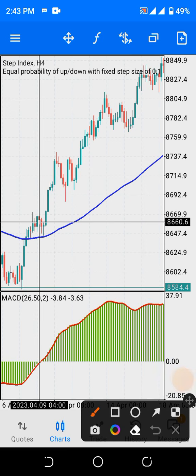Now how do you know that is a clear buy signal? Because at the point at which MACD crosses, the candlestick is above the moving average. As you can see, the candlestick is above the moving average. So this is a confirmed buy signal. Once the correction occurs, we allow the market to bounce back on the moving average. So this is the retracement. It retraces back to the moving average, and that is the point where you make your buy entry, and this is a huge profit for you, as easy as that.